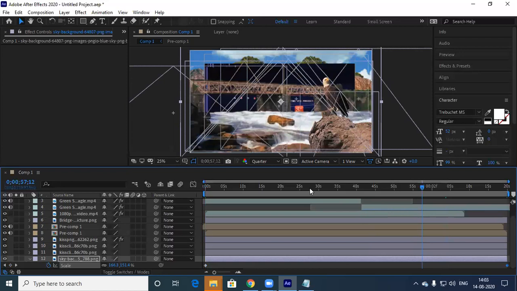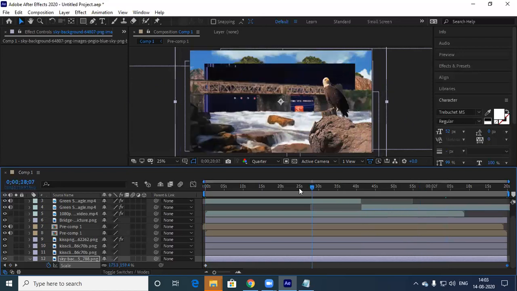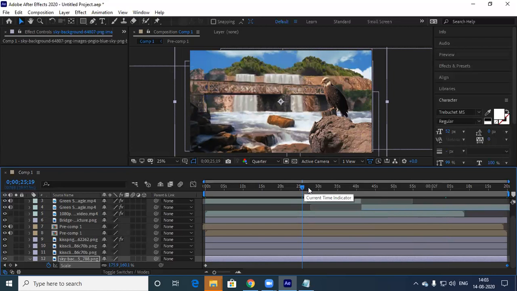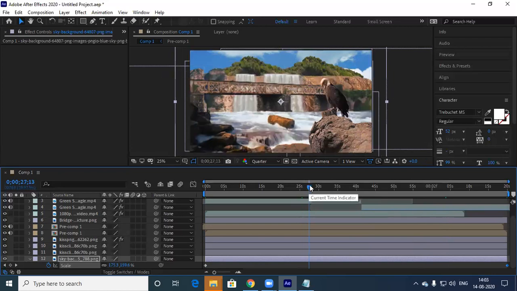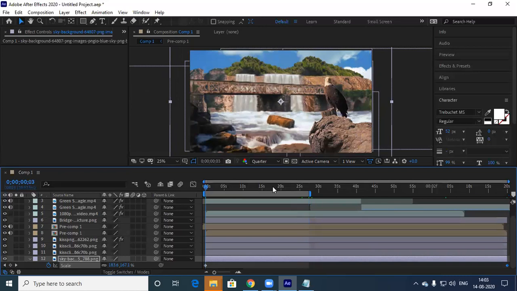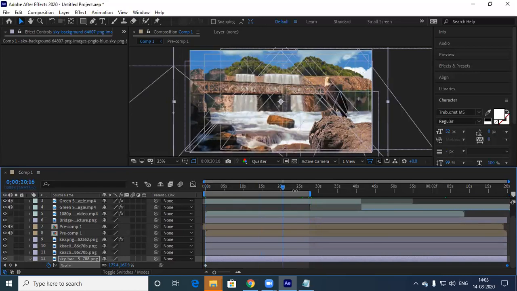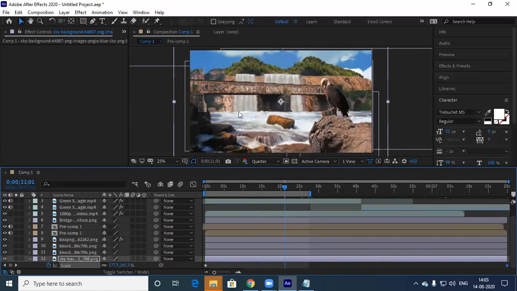So let's have around 20 or 25 seconds of output only. So it's only 20-25 seconds of output only here. Any doubt is there? Guys, this entire thing looks really cool now, actually.